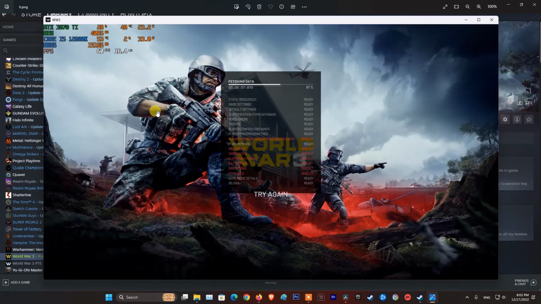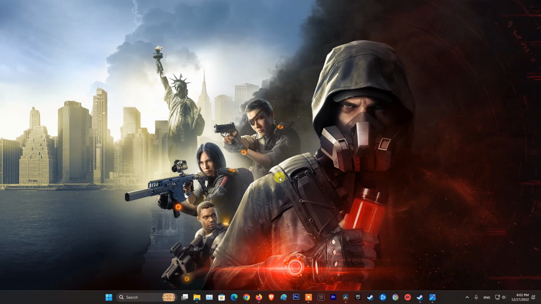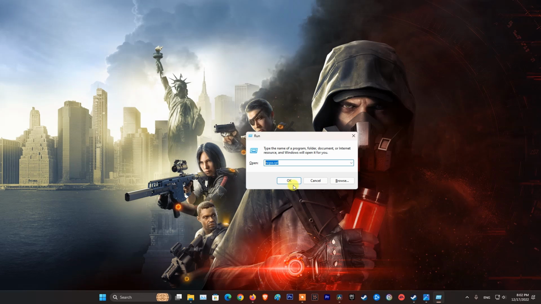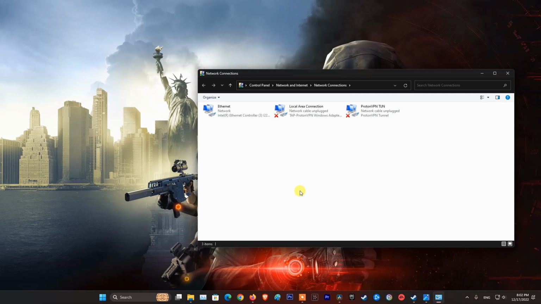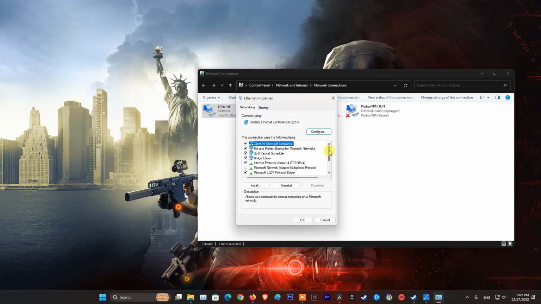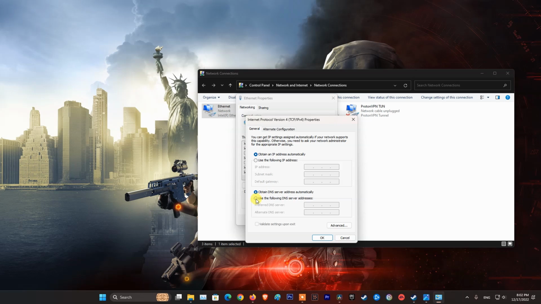Method 2. Disable IPv6 and use Google DNS. On your keyboard, press Windows key then type ncpa.cpl and hit enter. Right-click on your internet connection and pick Properties. Uncheck Internet Protocol version 6, TCP/IPv6. After that, double-click on Internet Protocol version 4,